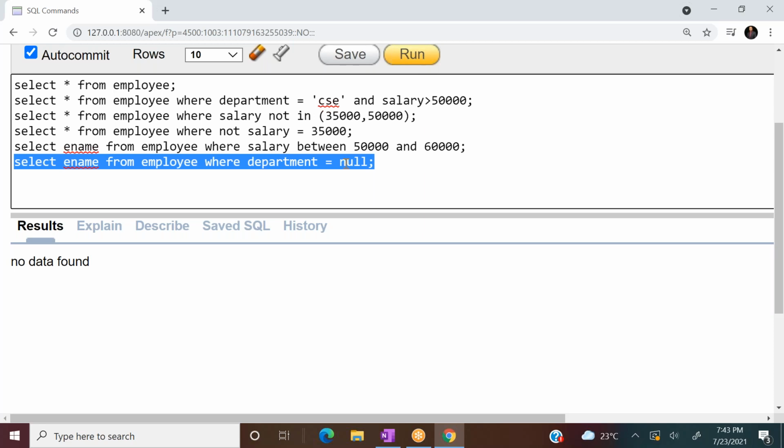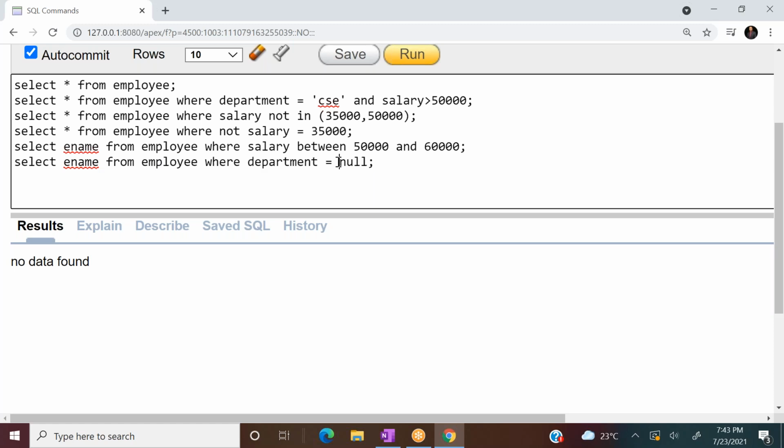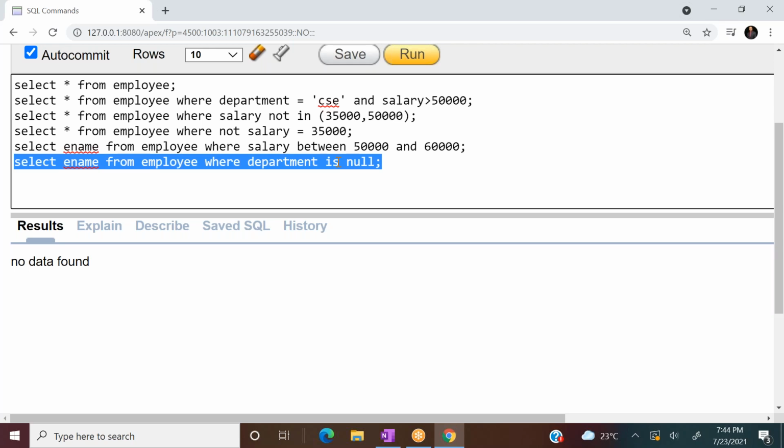That's why to check whether a value is null or not is possible only by using the operator is null. If I write equal to null, it is incorrect, because null means unknown, the value is not specified. Comparison of a null with a value always returns false.